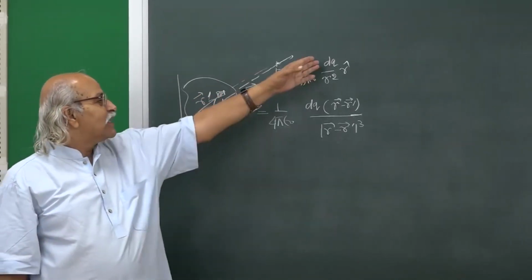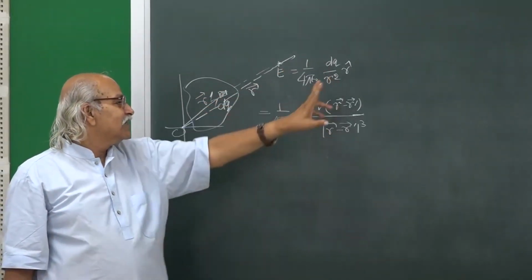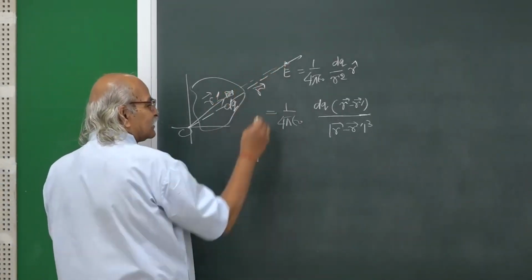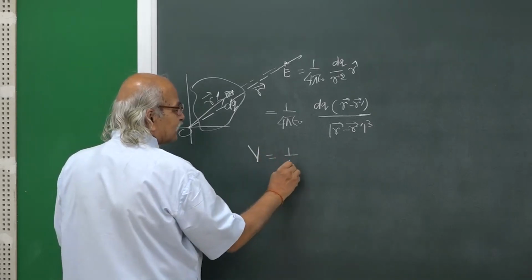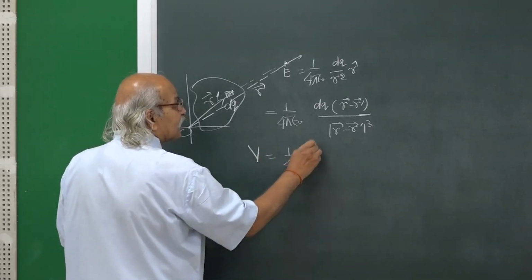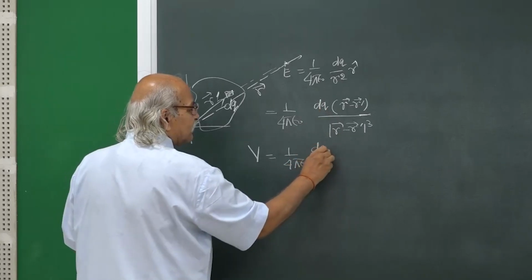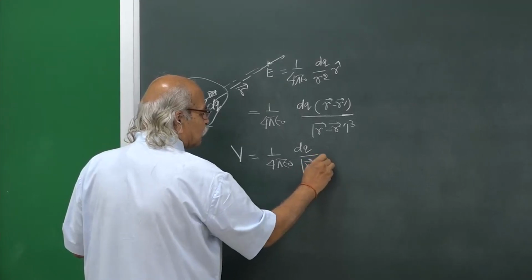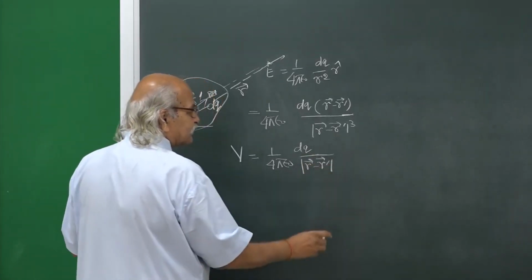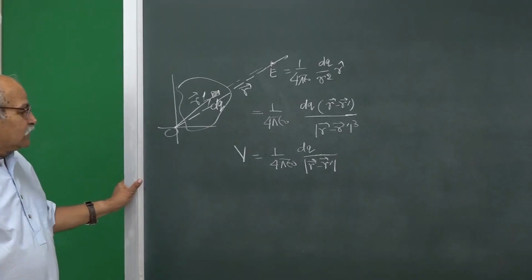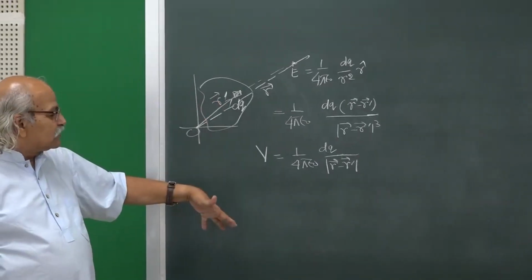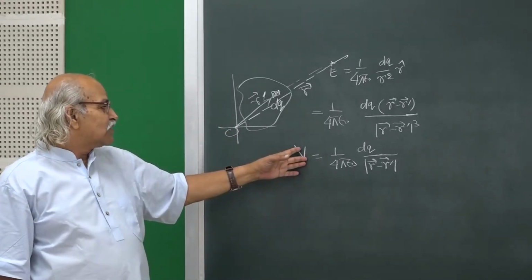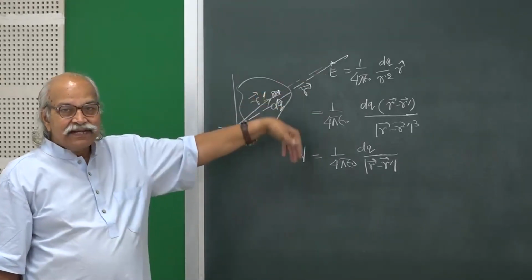Essentially it is 1 by 4 pi epsilon naught r square is the electric field, and if you want to write potential because of this dq here, you write 1 by 4 pi epsilon naught, and then this dq divided by just the distance, that is mod of r minus r prime, just that distance. So, these are equations or so called formulas for writing electric potential and electric field, and the relation between the two